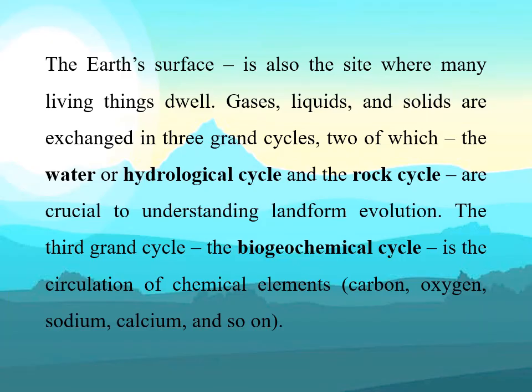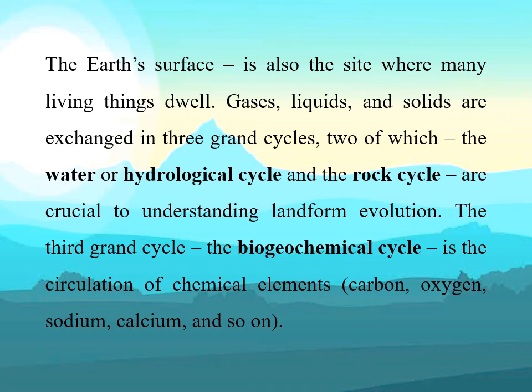The Earth's surface is also the site where many living things dwell, that is gases, liquids and solids and many biological entities. Now, due to the variation of these geomorphic processes, these things are also changing with time. And the most easily observed of these processes are the three cycles which are continuously changing in nature. First is the water cycle or hydrological cycle, second is the rock cycle, and the third one